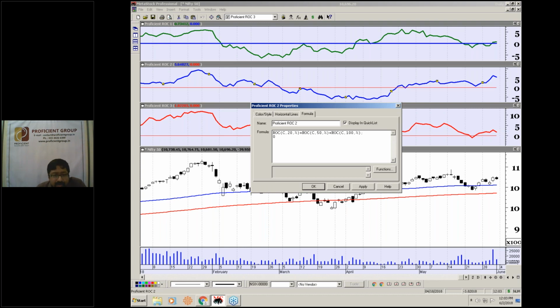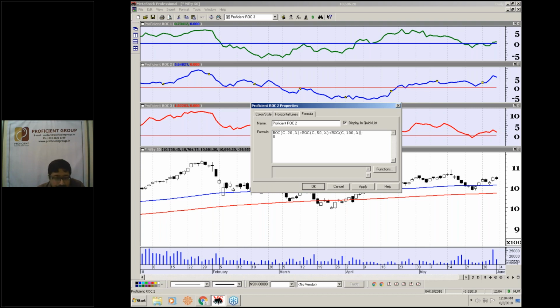So we actually have summed up all the ROCs, and this forms the basic idea of KST, but this is not the KST as yet, because in this formula,